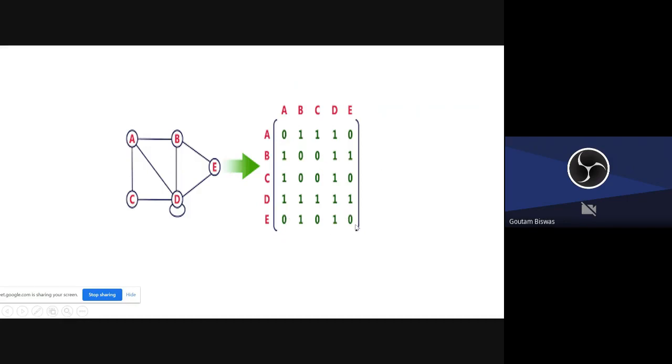So this is the representation of a graph by a matrix. Now here see, this diagonal is not all 0. This element is 1, so that means it will have one loop. By seeing the principal diagonal elements, you can tell whether there is a loop or not. Now this is the matrix representation. It may not be square.